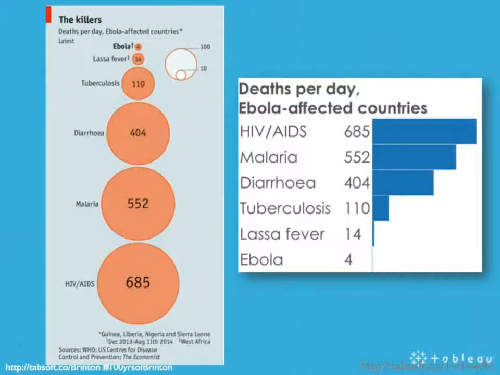I did the same. I redrew the Ebola chart using a bar chart. And here's the thing. My bar chart shows the differences in the numbers very, very easily, much more effectively than the circles. Is it a better chart? Brinton would definitely say so. But yeah, The Economist has different editorial reasons and different motivations for doing its charts.